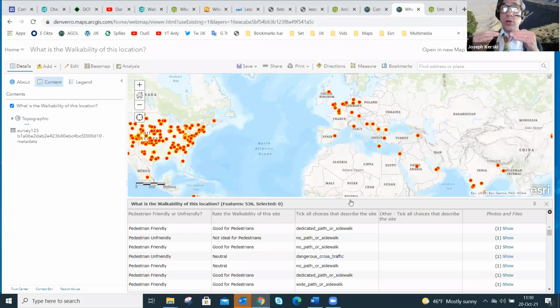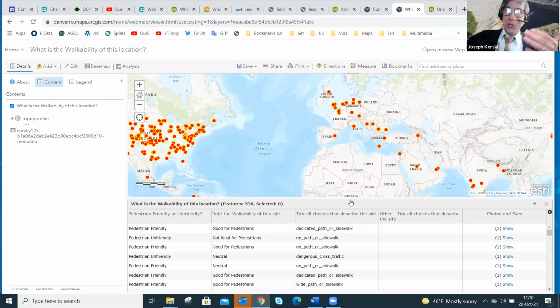But then you're going to have a web map, right? A web map. And the web map is what you'll need to create the story map and the dashboard. So you've got a web map now. Great. How do I create a dashboard from the web map?